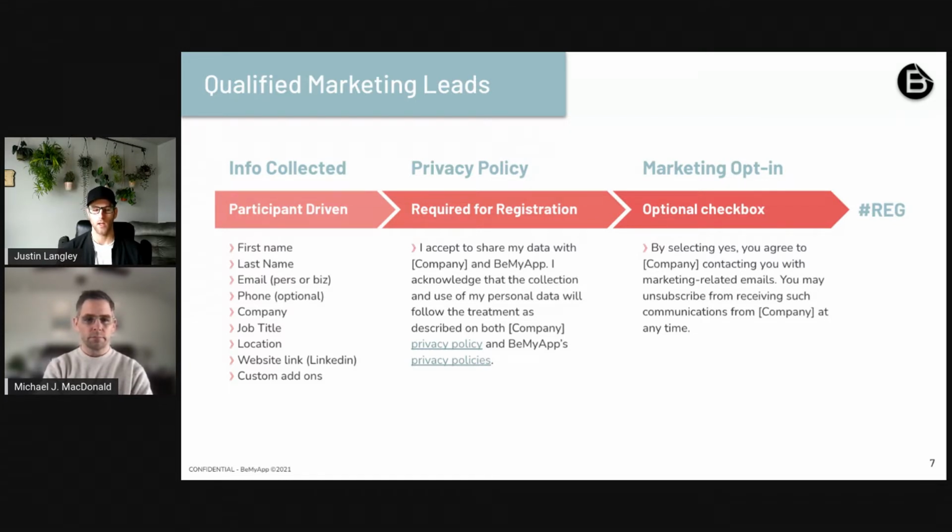So typically when we run a hackathon, we're going to get the first name, the last name, we're going to get the email. Some companies are looking for their business emails versus their personal email. The phone can be an optional data field to collect. It really comes in handy when you're doing in-person hackathons and you want to send reminders to folks for